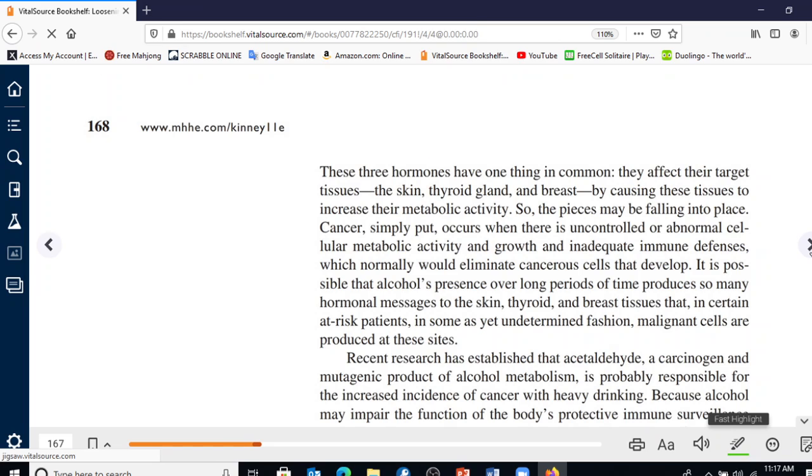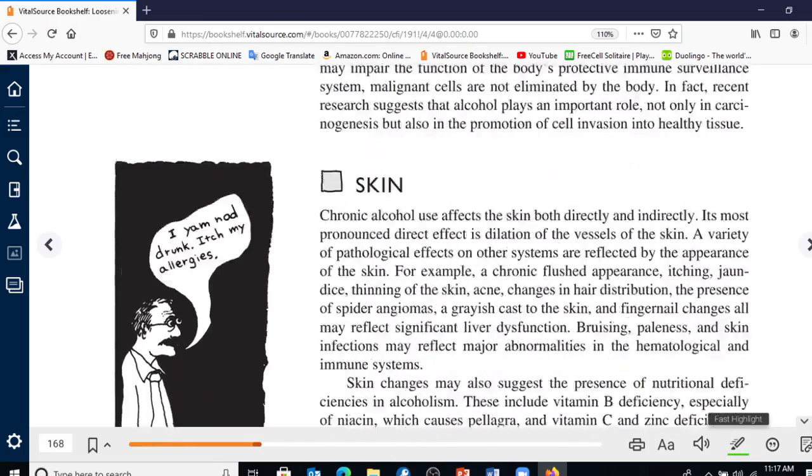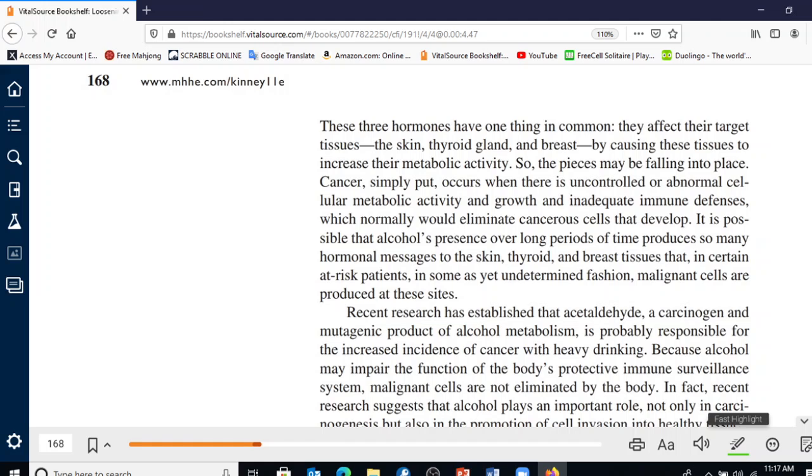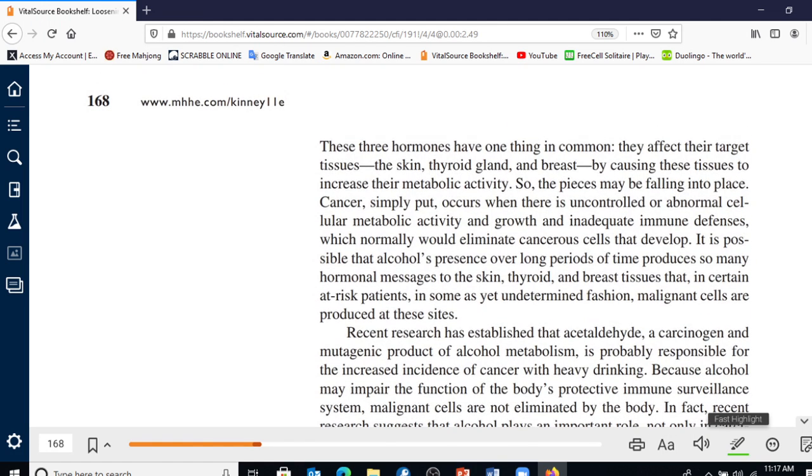This, by the way, isn't hypothetical, guys. This is for a fact. This is empirical. This beverage does this stuff to you. Cancer is abnormal cell growth. That's what tumors are about. And there are a bunch of